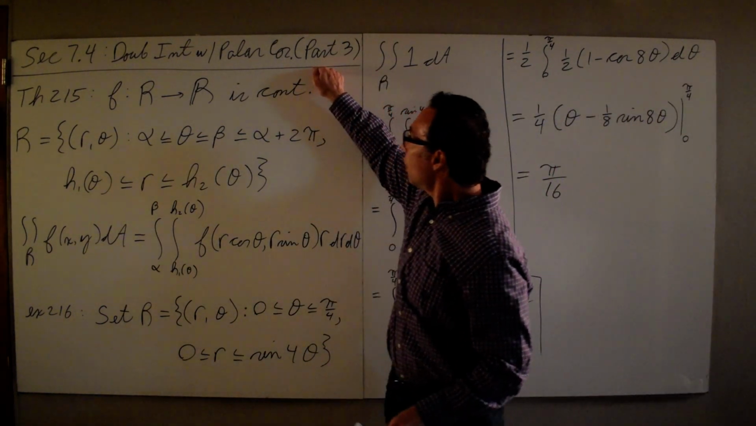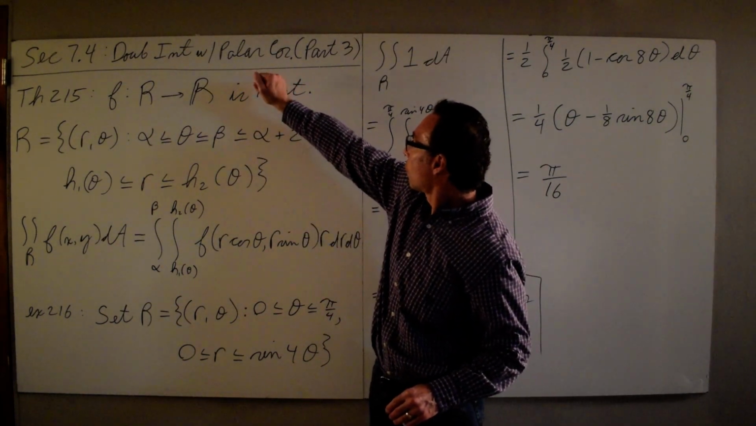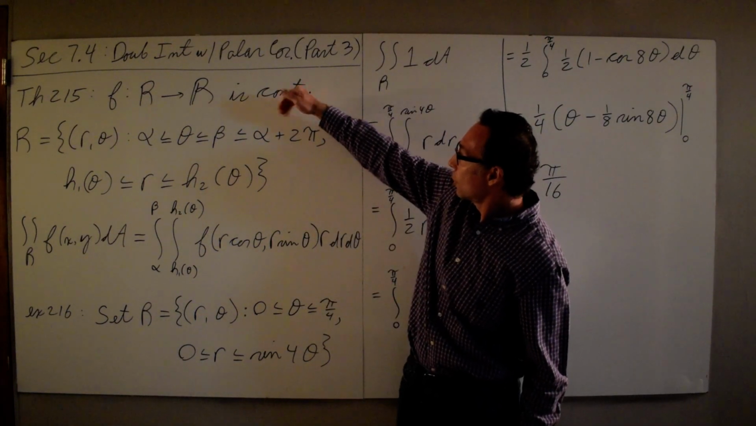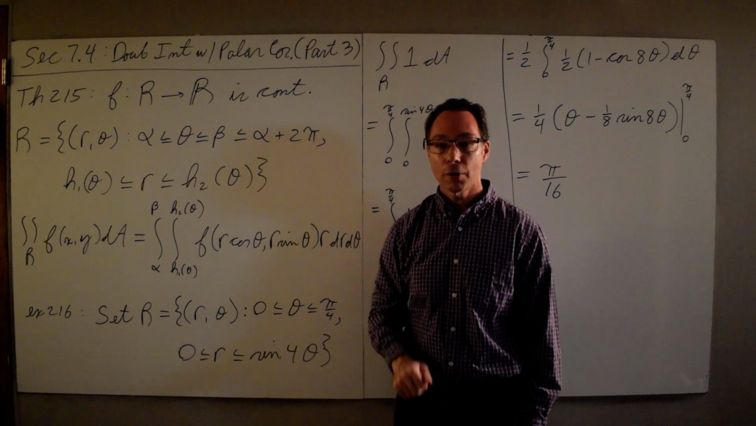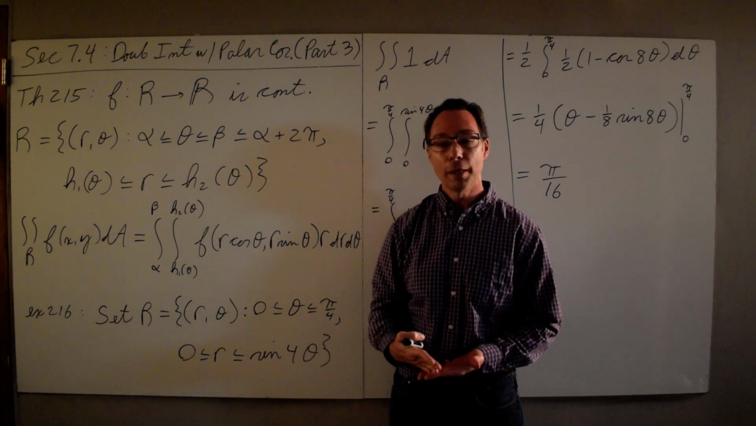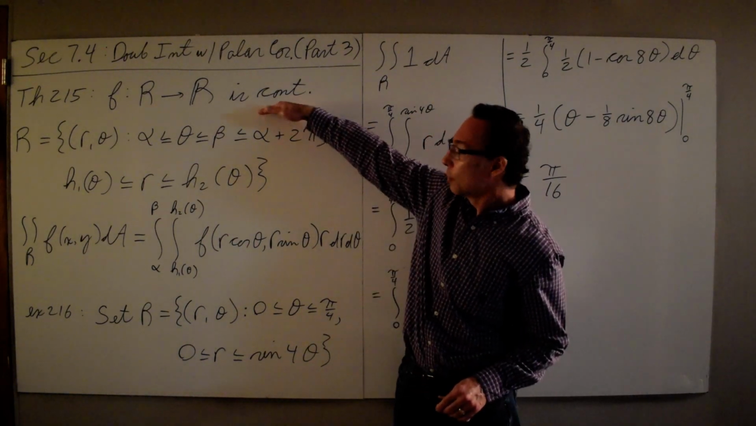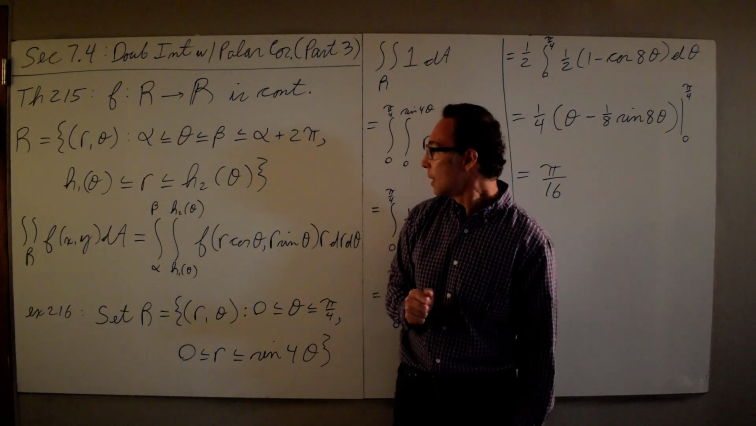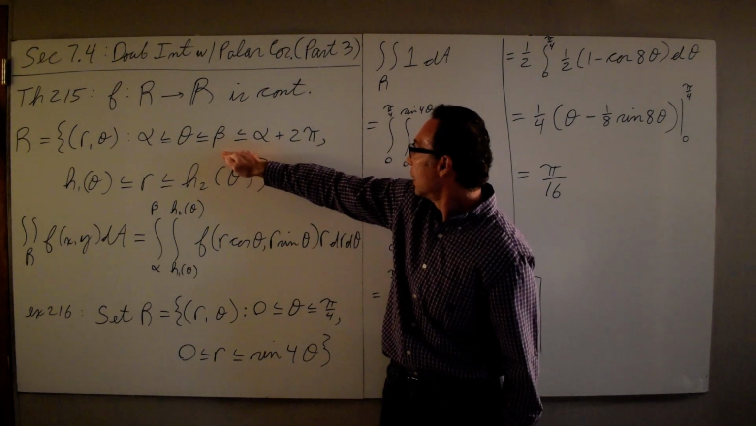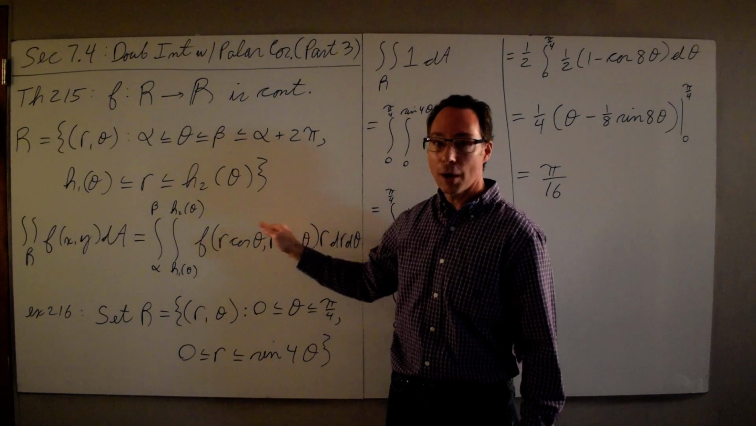This is the third video on section 7.4, double integrals with polar coordinates. Here we're going to start by looking at theorem 215. In the previous examples we looked at, r was bounded between a and b, and theta was bounded between alpha and beta. In theorem 215, theta is still bounded between alpha and beta, and we want beta to be less than or equal to alpha plus 2 pi, so we don't go around the